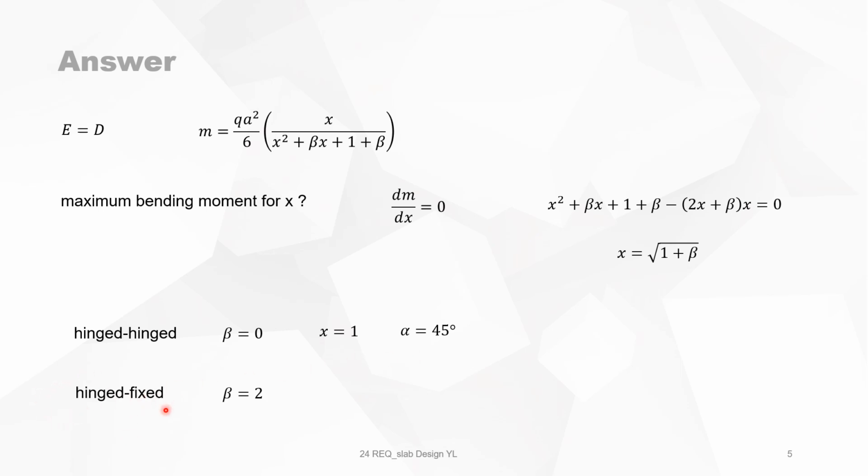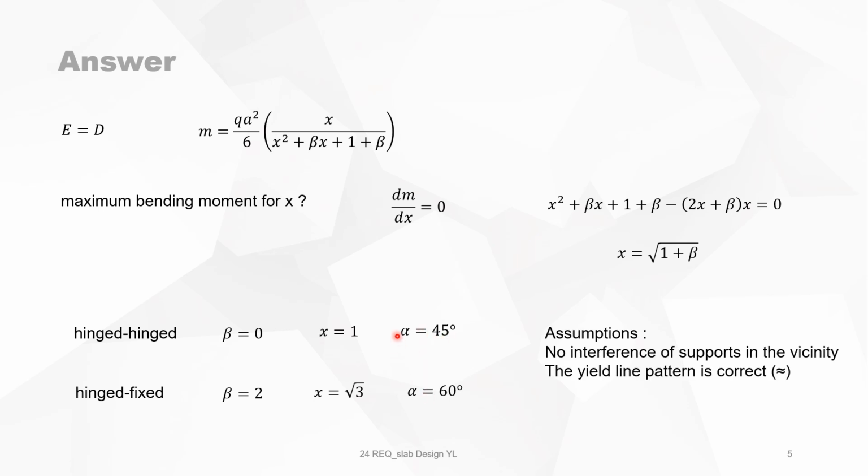For a hinged situation, alpha is 45 degrees. For a fixed situation, just when the fixation is maximum, that means that beta is 2, because the negative bending moment is 2 times the positive bending moment. Then for beta 2, x will be the square root of 3, and when x is the square root of 3, alpha is then 60 degrees. And for the other angle, of course, 90 minus 60 is 30 degrees. So you see that the 30, 45, 60 rule